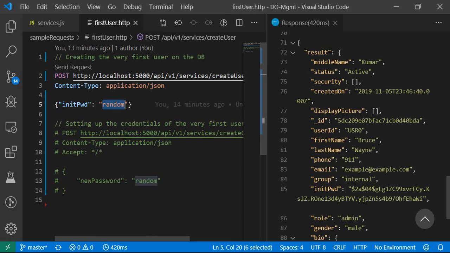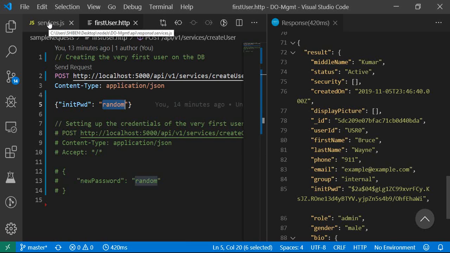Say you have a new developer in the team, so you create his profile, create his initial password, hand over this password to the new developer, and then ask him to use this initial password to set up his credentials. Now those credentials get set up in a different record, which is not exposed by the middleware. So what we are going to do is set up